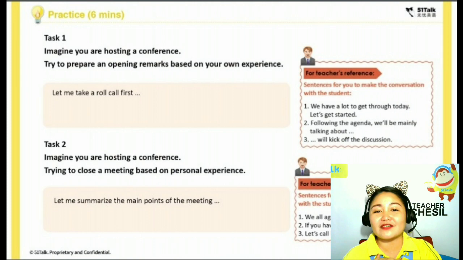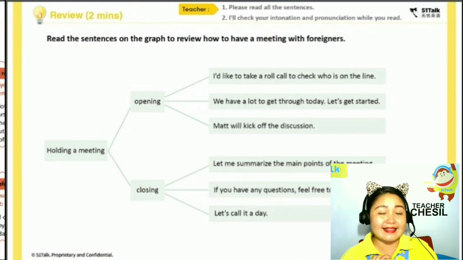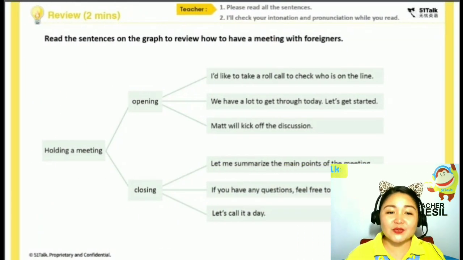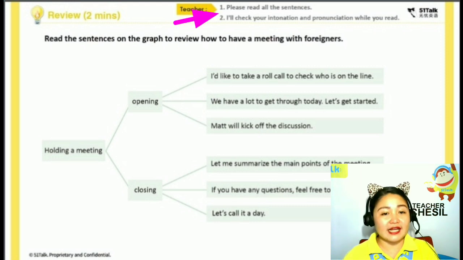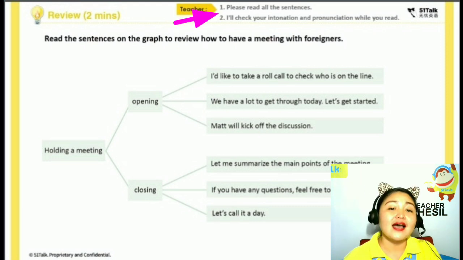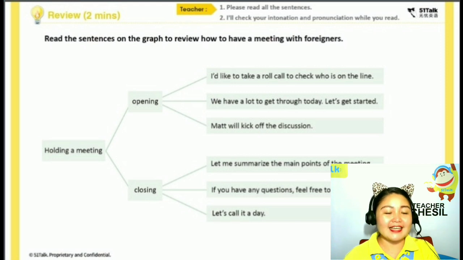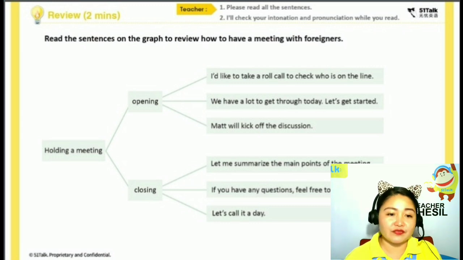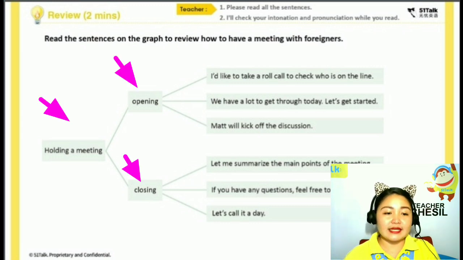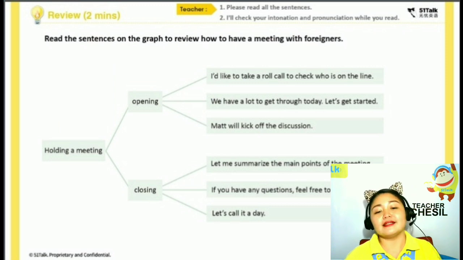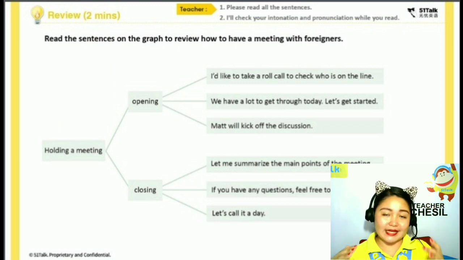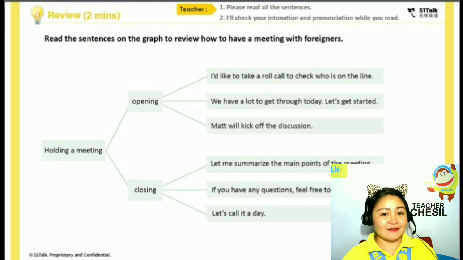Okay, we're almost done. Let's have a review first before we end this lesson. So please read all the sentences here. I'll check your intonation and pronunciation while you read. Okay? All right, so read the following sentences on the graph to review how to have a meeting with foreigners. Then they will read here, holding a meeting for opening. We have here blah, blah, blah. You will just let the student read all of that. And then after that,